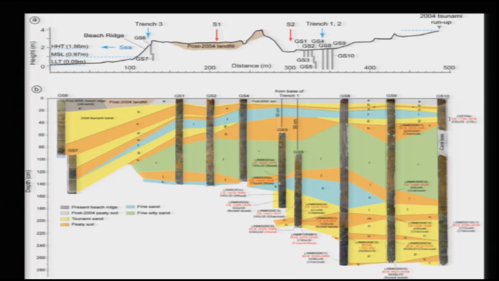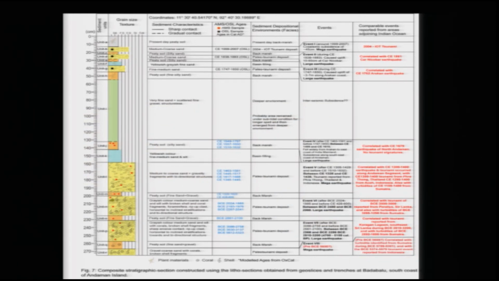Now, with the ages which you see here, we used charcoal and did AMS ages, as well as OSL dating of quartz grains from sand, and that helped us in bracketing the events. Based on that we were able to identify 7 tsunamis here. So, this is how we can reconstruct the history of tsunamis and mega earthquakes, because whether the tsunami was deposited by a mega earthquake or a large earthquake can also be differentiated based on the thickness as well as the sediment size. That can help us, and then we can also talk about the recurrence.